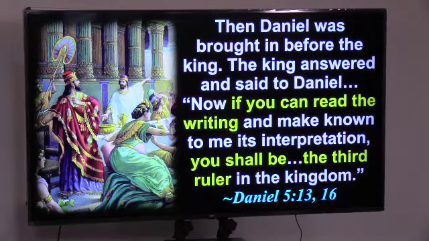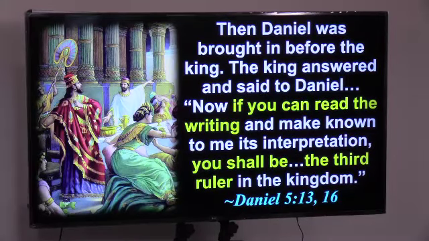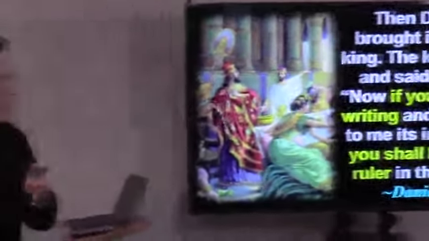So this is very important. Why is he the third ruler in the kingdom? We already covered this in the historical context. He's the third ruler because there were actually two rulers in the kingdom at this point. Nabonidus was in Tema for so many years, and he didn't want to rule Babylon because of the religious conflict with his people. Instead, they allowed Belshazzar to be ruler of Babylon.